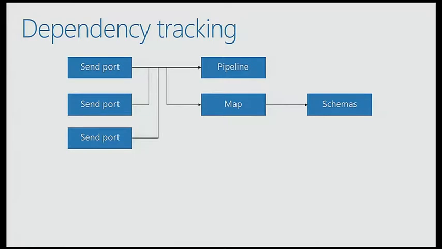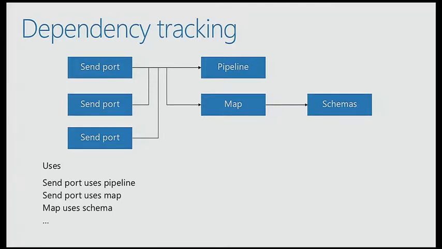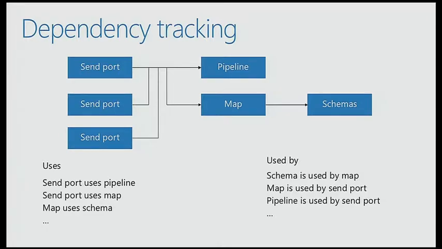So what we did was we provided bidirectional dependency checks. The way you should think about it is there are two kinds of relationships. One is users, where a send port uses a pipeline, a send port uses a map, etc. And there is also the other reverse direction, where a schema is used by a map, is used by a port, and a pipeline is used